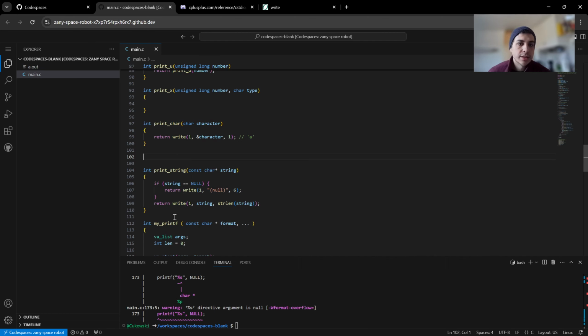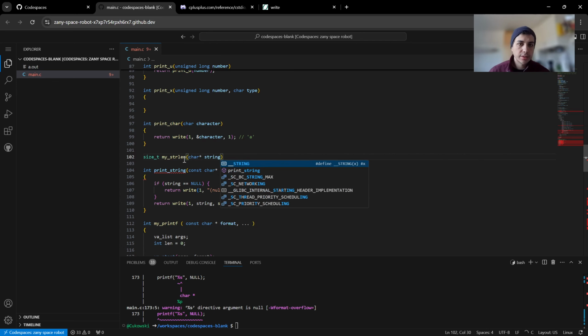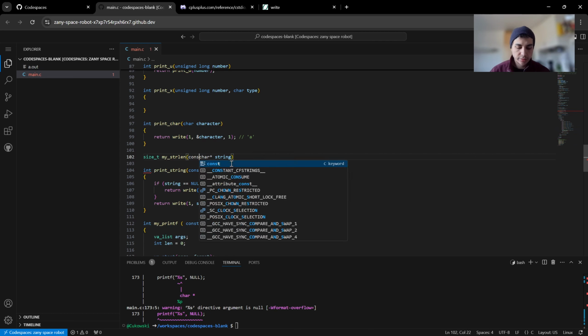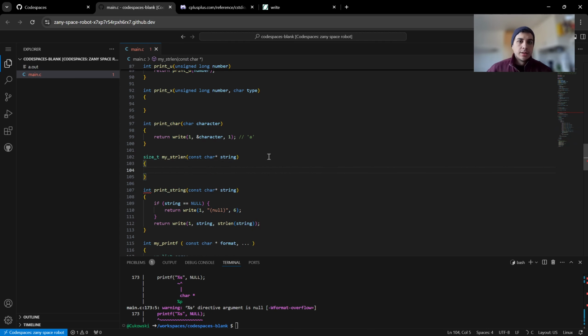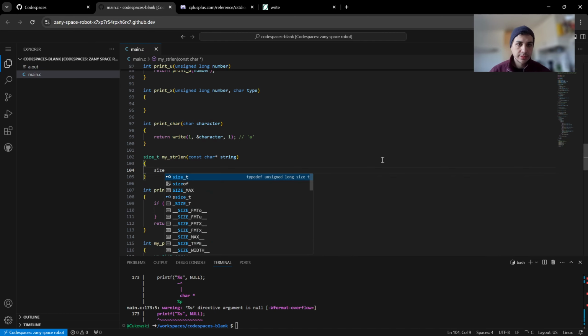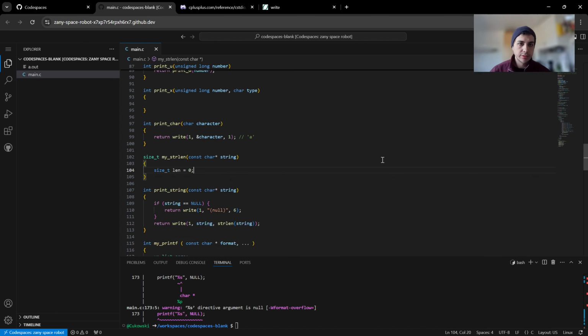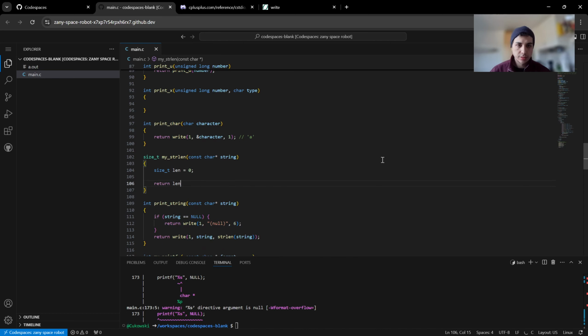As you can see, write once size t of the n of the string we are giving. So I will say size t my str length, it will have const char star string, and size t length equals 0, return length,